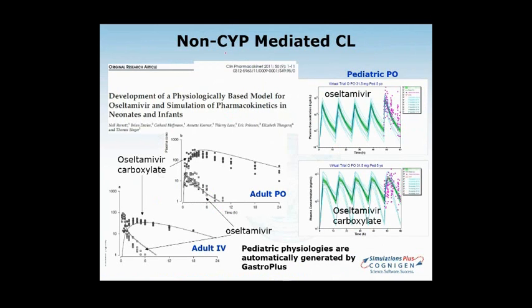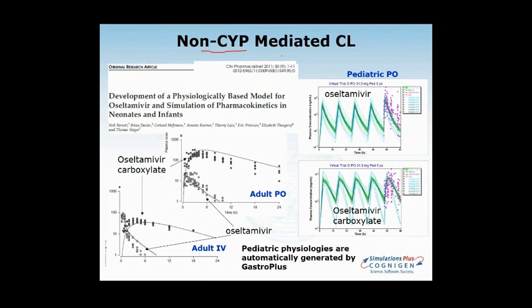Of course, the simulations are not limited only to CYP enzymes, even though we don't have built-in ontogenies for any other enzymes right now. It is possible to do this. It would require a bit more work from you as a user to estimate how these enzyme expression levels might be changing. If you do see any publications showing ontogenies for other enzymes, if you point us to those, we'll of course add them to the program, to make this process easier for you.